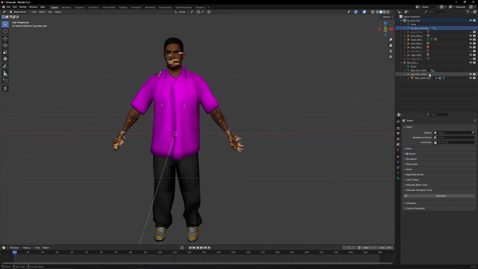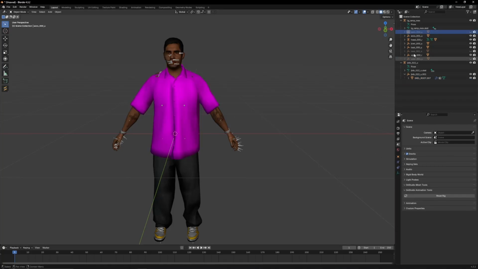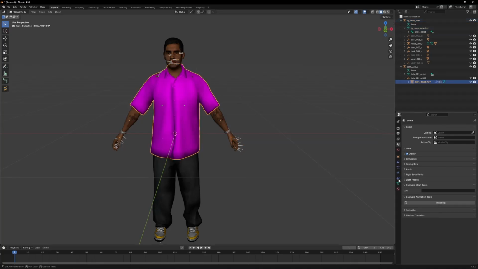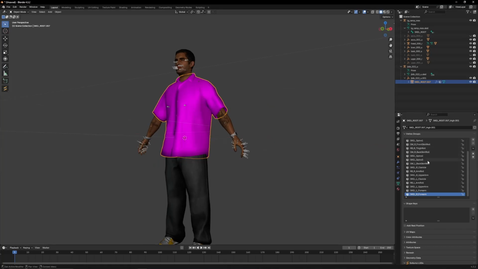But either way, this is why it's optional to import with external skel, because depending on what you import, you just have to pay attention to what bones you have on your custom ped or the ped that you're working on. You have to get to know what bones they do and don't have if you're going to be transferring in things from other peds. So you can see that for this shirt, because it goes down past his waist,